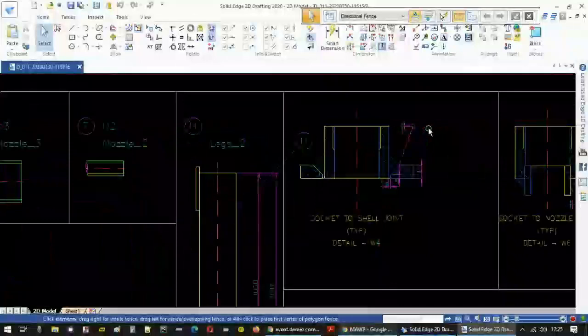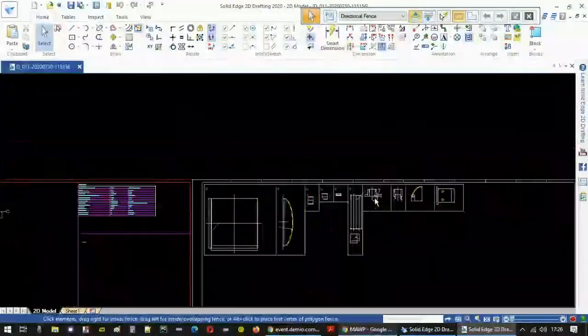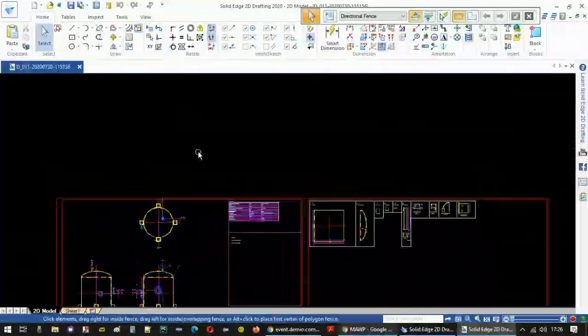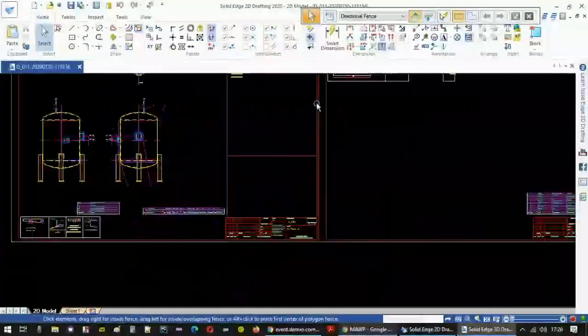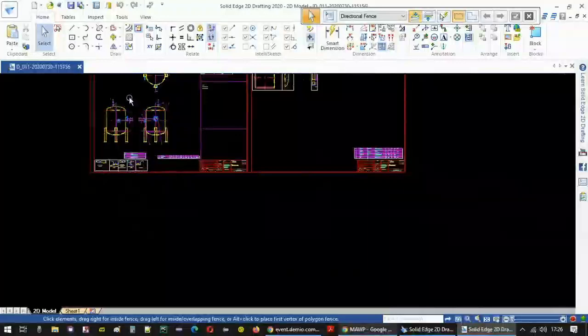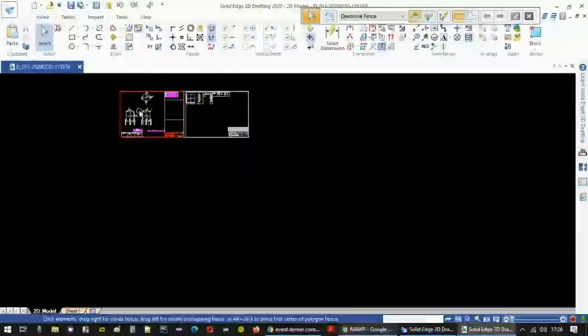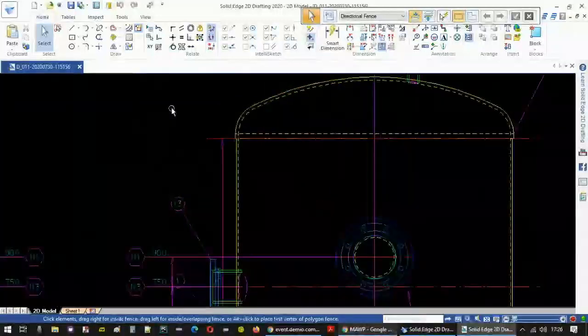So for every component, when you create a 3D model, you'll be getting all the 3D into 2D drawings with all these details, with the dimensions, with all the tables, bill of materials, material of construction, design data. And if you have to add any of the things with respect to the client specifications requirement, you can do the editing in a very few minutes. You don't have to start the drawing from scratch.